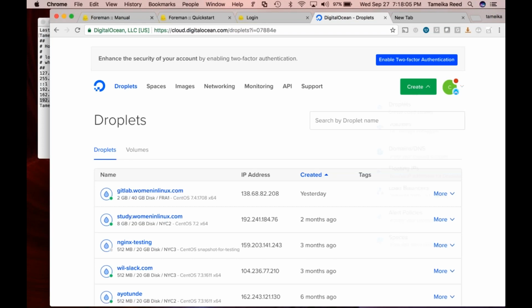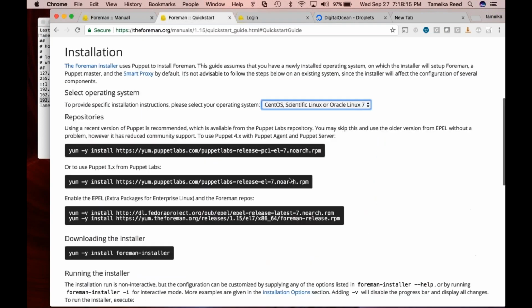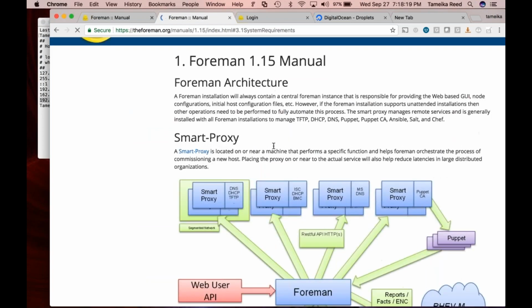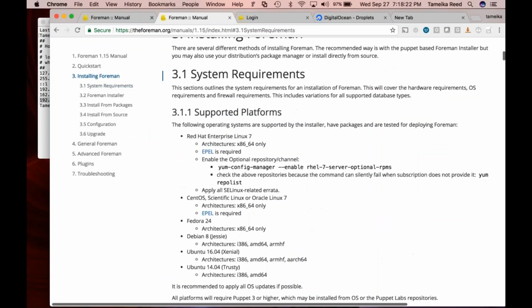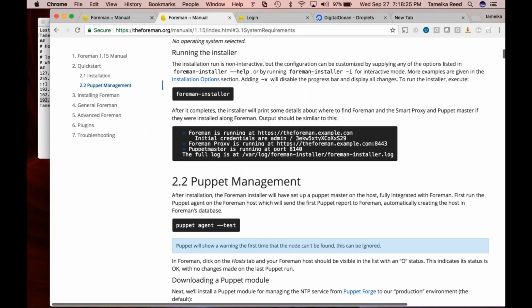And you can see from here I did 8 gigs of memory and 20 gigs. The reason why I did that is because if you go back up here and look at the system requirements, and we'll talk about this architecture here, but if you look at the system requirements,